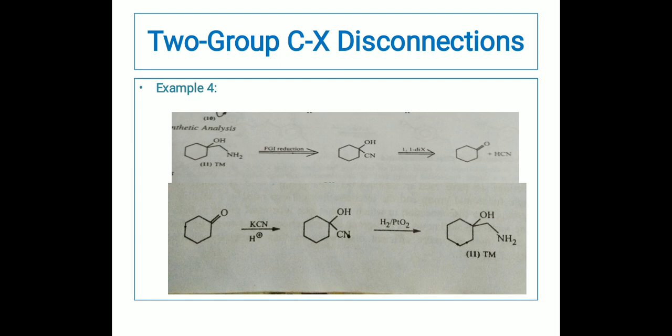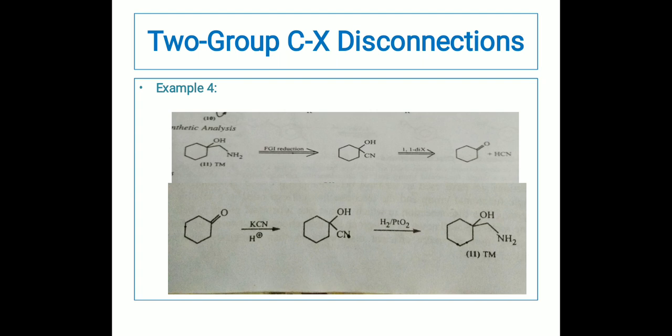So students, what I want to tell you is kindly make note of certain FGIs for reduction and oxidation as well, so that it will definitely be helpful whenever you have to write functional group interconversion for retrosynthetic analysis. I will also try to find more and more examples, and I will send you a chart for the synthons and synthetic equivalents with respect to reduction and oxidation. And I also want you to put in hard work for this.